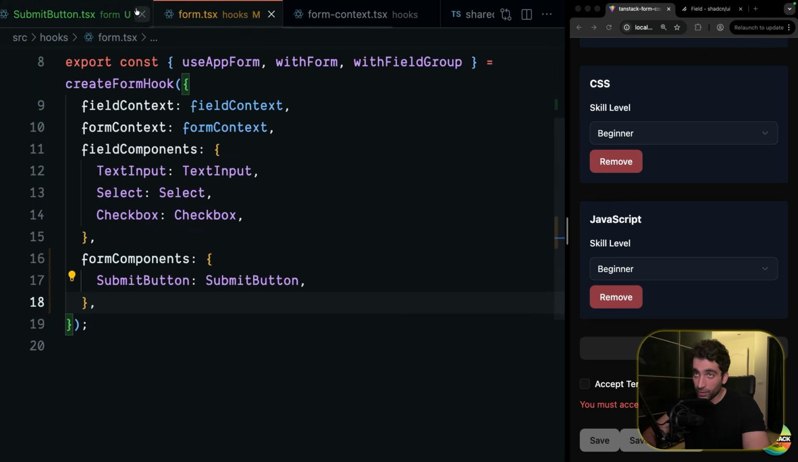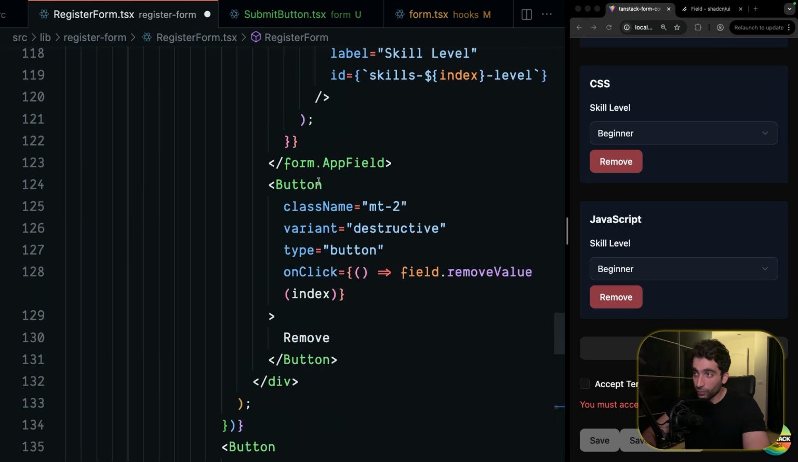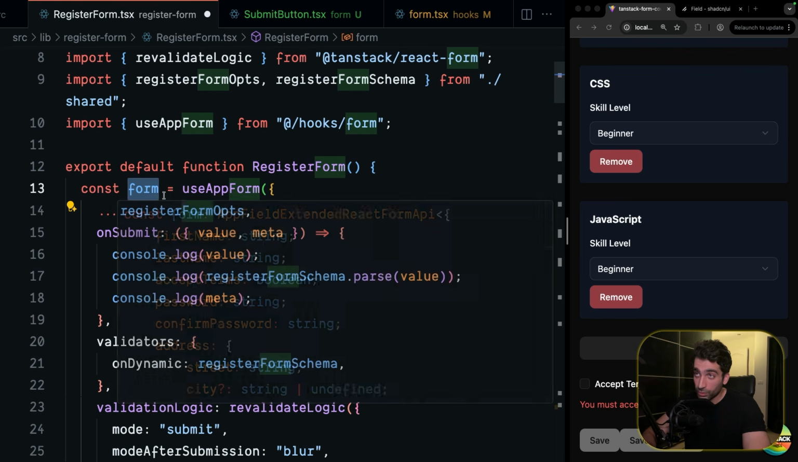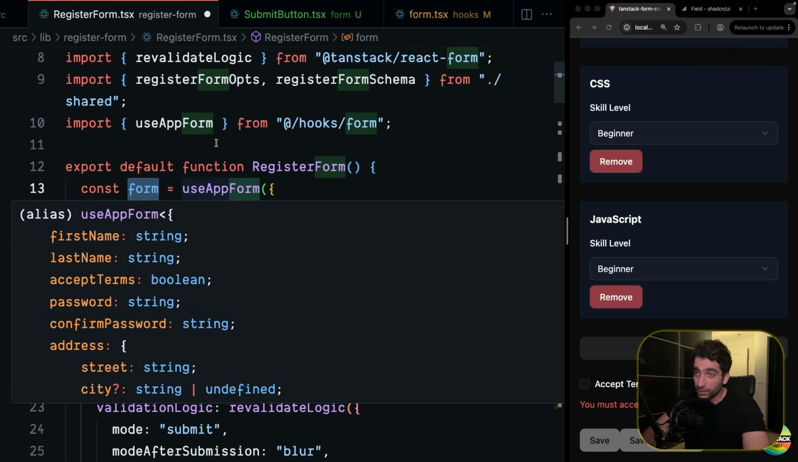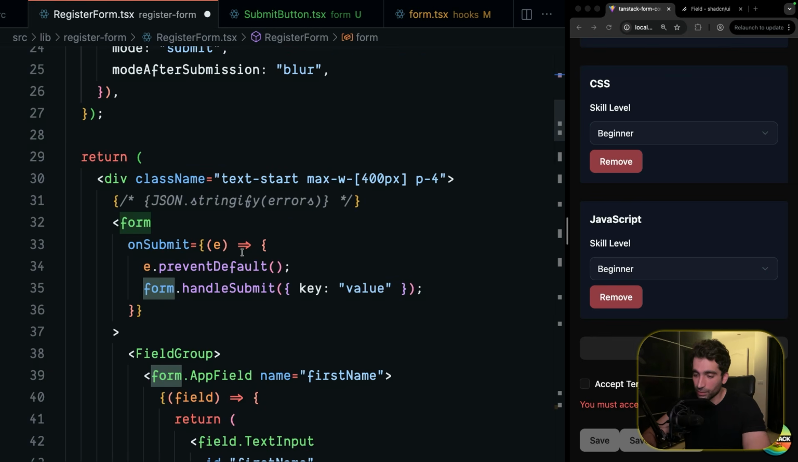By doing so, we can go back here in our form, and in the form that we get from useAppForm, we should have access to this component. However, in order to use this component, we need to provide it with the context it needs in order to access the form. And to do that, we need to wrap our entire form with